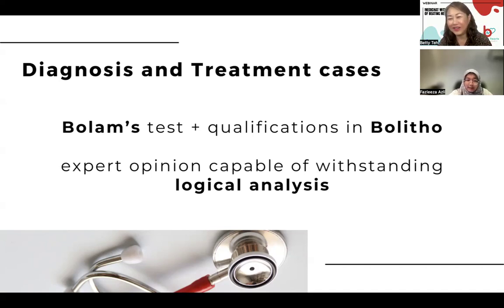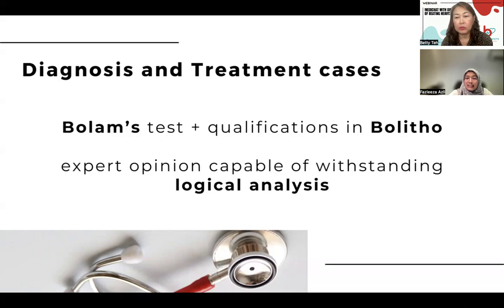Yeah. Sure, no problem. Perhaps maybe I can explain now. In terms of the legal principle, it was still uncertain because the courts were quite confused whether the Bolam test or the Rogers test is applicable. So with the decision from Dr. Kuppu, the law is now set in stone: when it comes to medical negligence cases, in particular diagnosis and treatment, the Bolam test plus the qualification in Bolitho is applicable. This is the test until and unless there is a further appeal, or the highest court in Malaysia, i.e. the Federal Court, decides to change the law, then we will follow the changes accordingly.